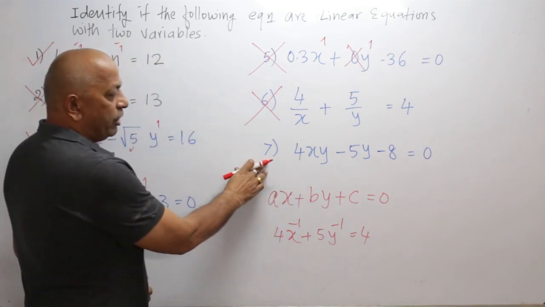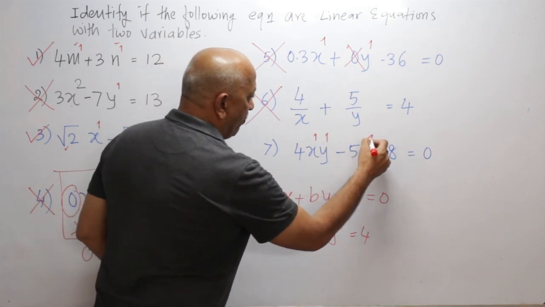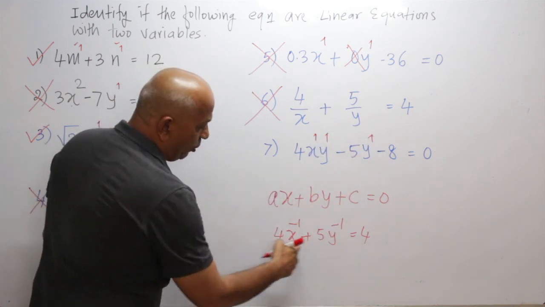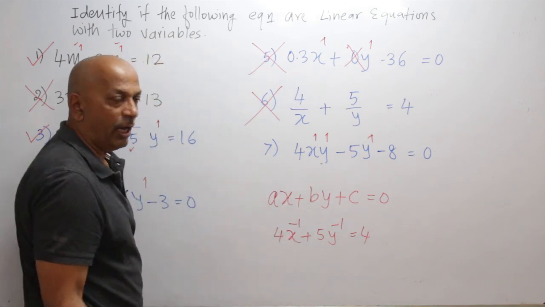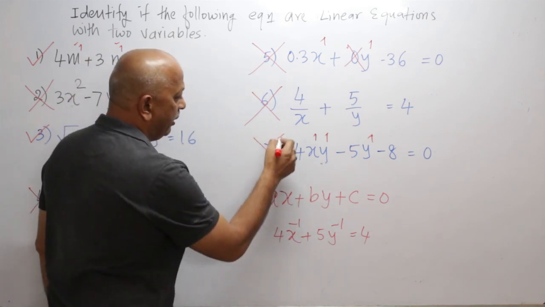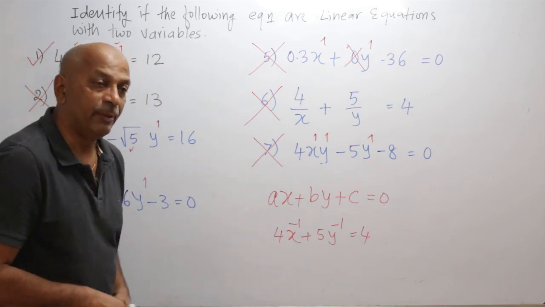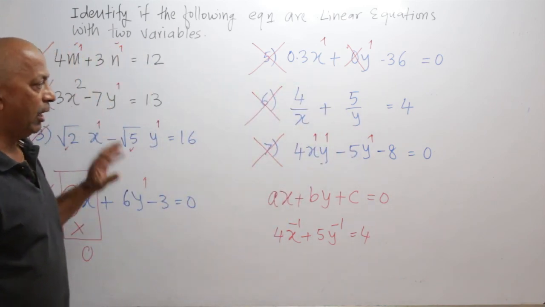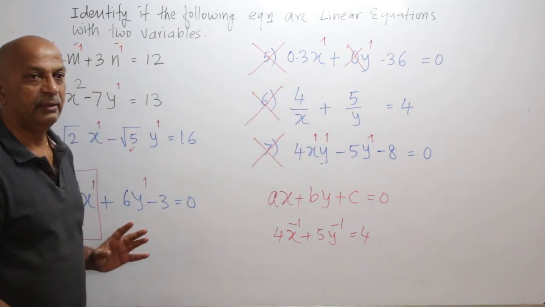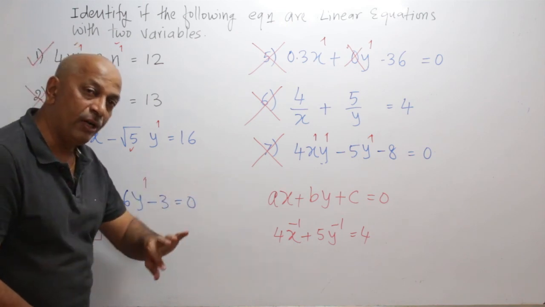Coming down again to this one, 7. Here is x into y is equal to 1, but there is a multiplication of the two variables, which is not allowed. So this is again not a linear equation with two variables. So I hope now you can easily understand the difference between linear equation with one variable and